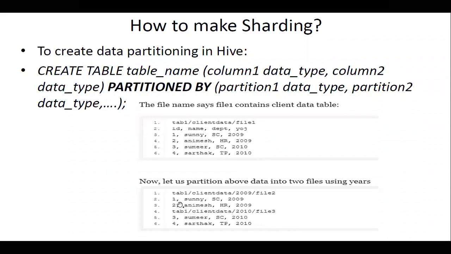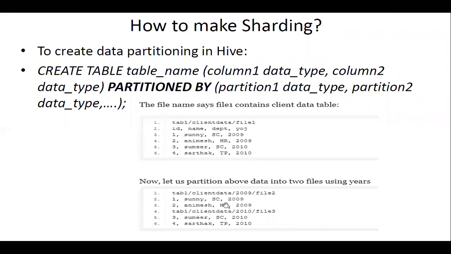The first one, based on the year 2009, has 2 records split out, and the next one, based on the year 2010, has 2 more records split out. So you can see the original table with 2009, and 2010 and 2010. Based on this query, you are going to split the entire table into different partitions.